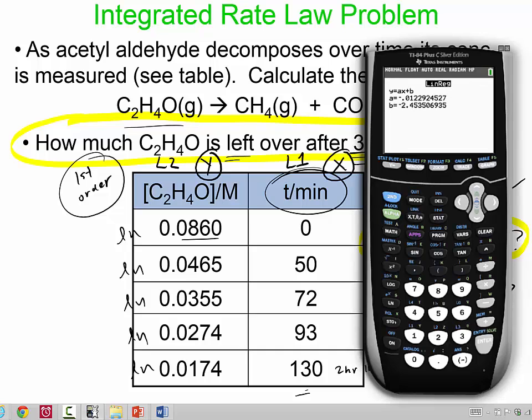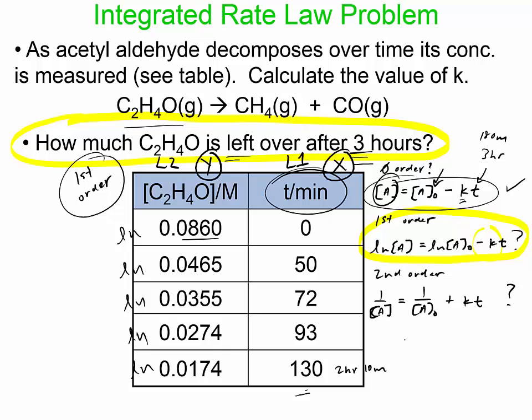And this A value is actually my K value. That's actually my rate constant. So it's going to be 0.012. And I'm going to go to 2 sig figs since my times here were 2 sig figs. So it's going to be 0.012. That's my K value. So K equals